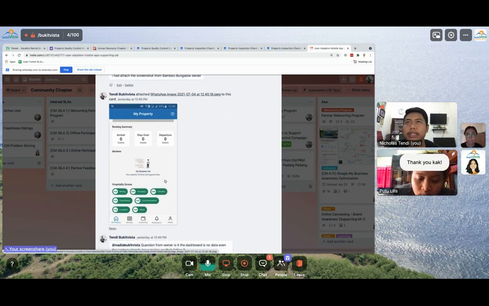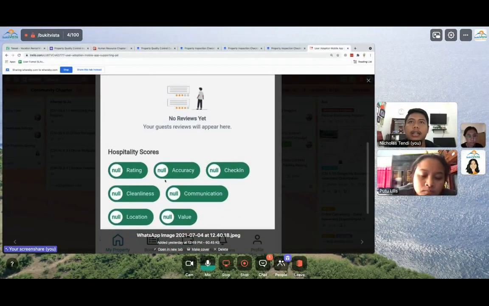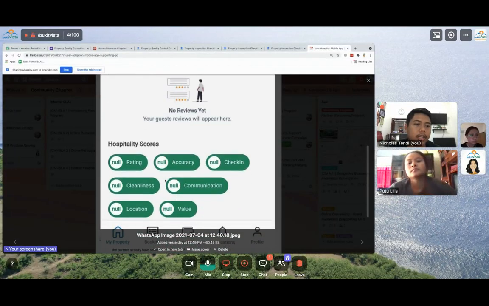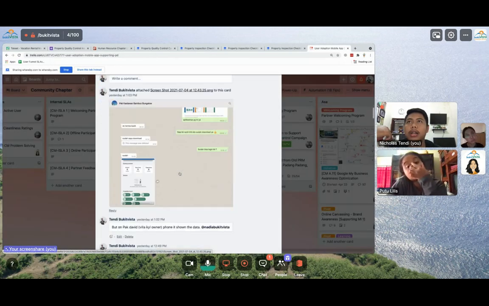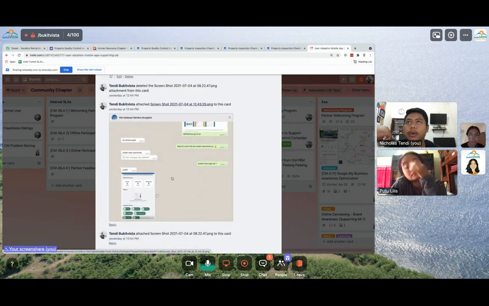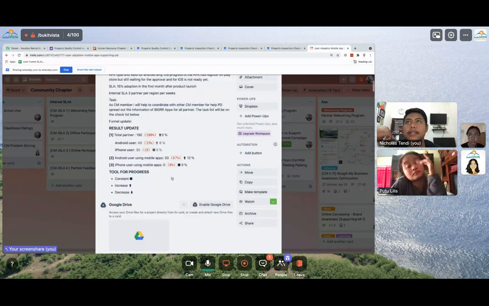The first is when the Bamboo Bungalow installed the Bigger and signed in, the data is like this: no reviews, ratings null and everything, so there is no data, even though the property partner has already joined BV a long time ago. But on this one, Pak, Bambu Bungalow, one of the owners is Pak David. I think I uploaded it as well.